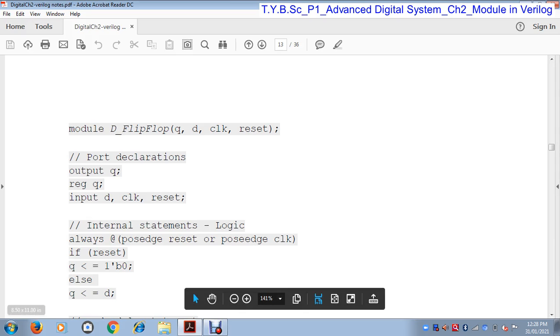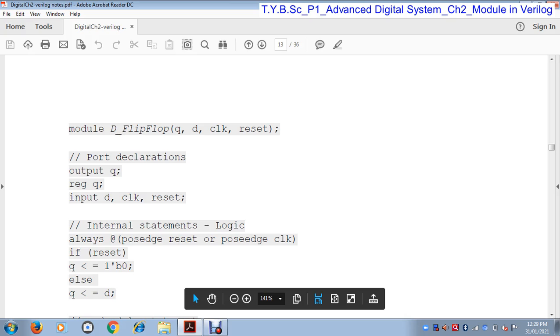So if reset, then Q less than or equal to 1'b0, else Q less than or equal to D. That means when the flip flop is reset, then this condition is satisfied, and otherwise this condition is satisfied, the if else condition. And we know the if else block that we saw in C programming.